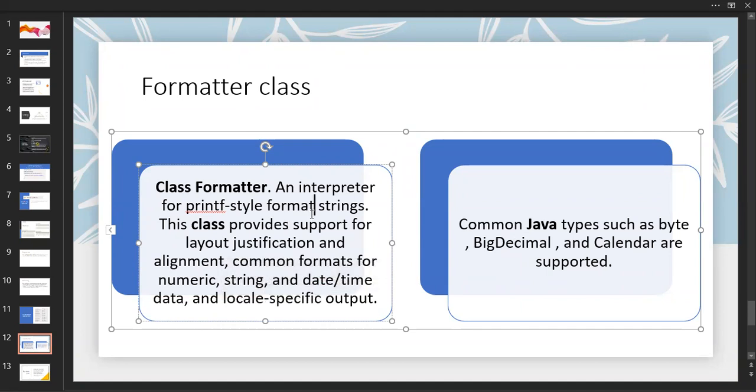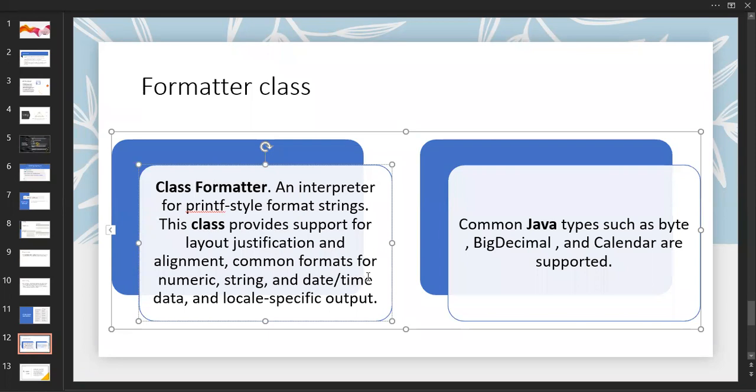The main thing about format is that it should follow particular rules according to the coding standard inside a tool. How I made an alignment over there, it will be aligned based on 3f or 4f, the spaces and all. 3 in the sense of 3 spaces or 4 in the sense of 4 spaces. In that way we are going to use that one. And the common formats for numerics, string, date and time. Date and time have a somewhat different format. So according to the system we will follow.